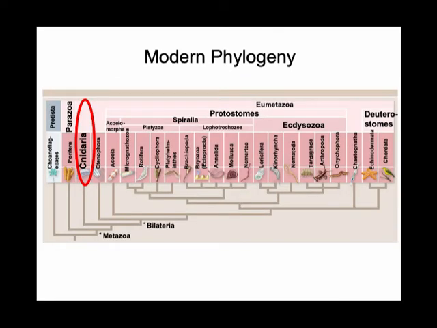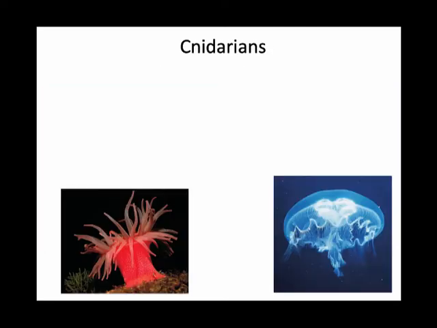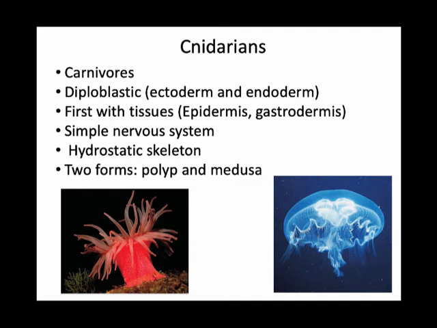The next animal group are Cnidarians. This group belongs to metazoans. Cnidarians include things like jellyfishes, anemones, and corals. These organisms are carnivores. They can eat other animals, and the reason they can is because they have a gastrovascular cavity. So they have a space inside of their bodies where they can capture prey and release digestive enzymes to digest that prey extracellularly. This is a difference from sponges that could only do intracellular digestion. Cnidarians can do extracellular digestion, and they have a cavity where they can do that.